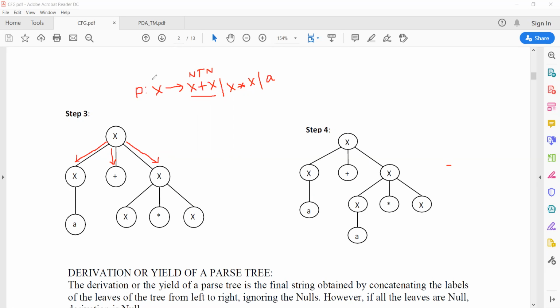So the form is non-terminal produces non-terminal, terminal, non-terminal. Okay.